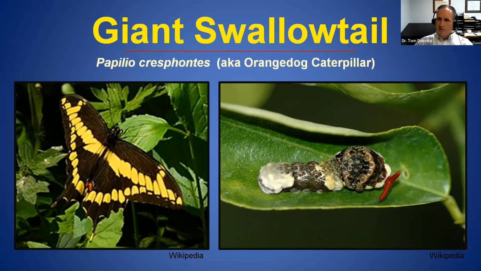Remember, this is applicable for anything, apples included, but I'm just going to be talking about these insects. We have the giant swallowtail, a beautiful butterfly on the left, a papilionid, but on the right, the larva looks like bird poop. It is also known as the orange dog caterpillar, in part named because of the osmeterium, which is kind of a reddish or reddish orange. And Papilio cresphontes is a relatively small pest on most citrus.